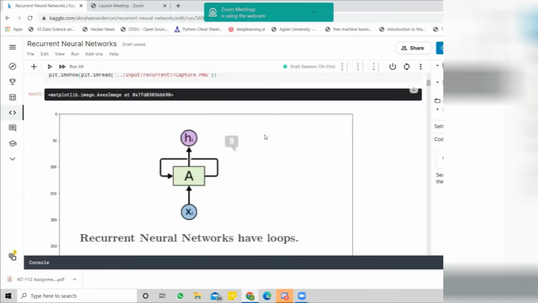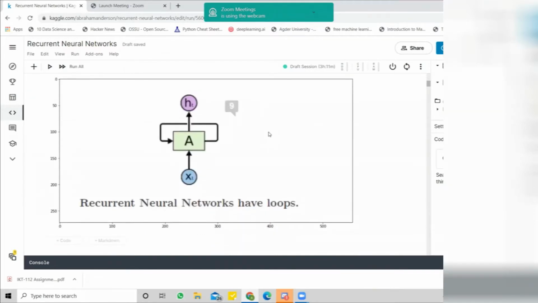But here you can see a normal standard loop of a recurrent neural network. These are our inputs, right? And this h represents the outputs of the recurrent neural network.